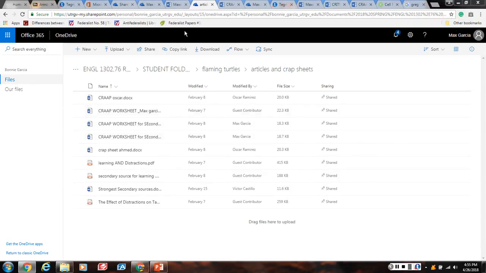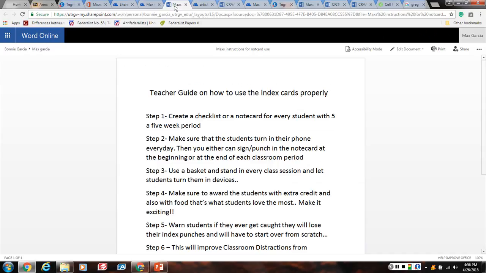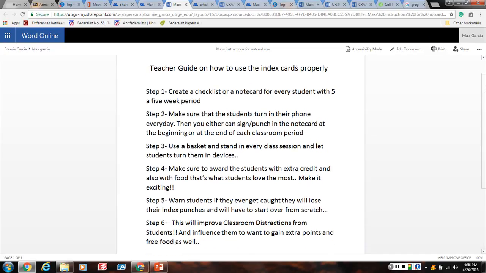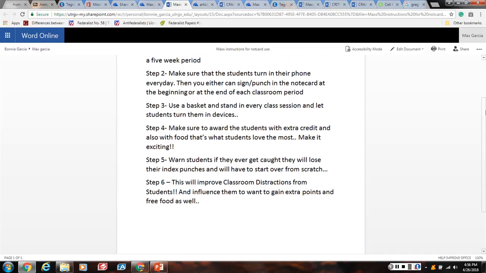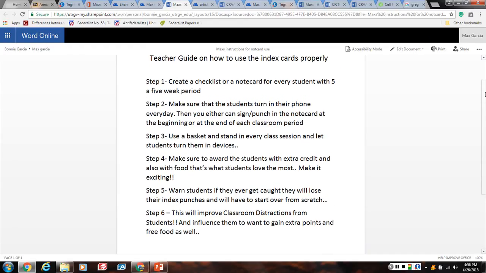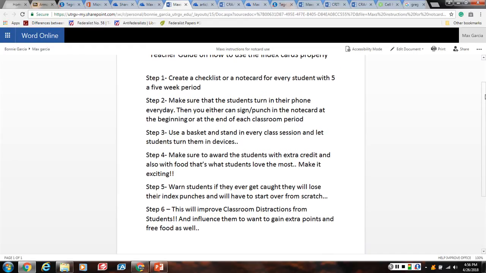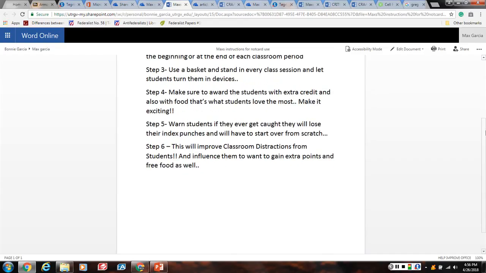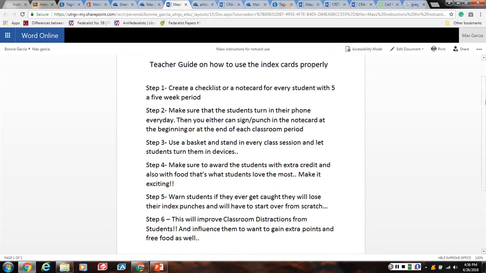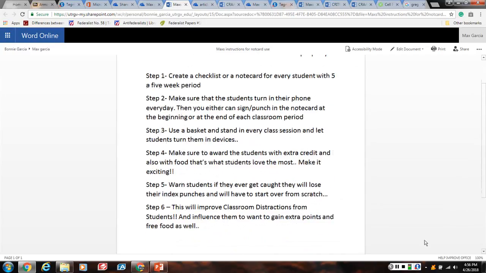And another thing that I also did with my group is with our primary research, I did a research project, my bad. And so what I did was an index card, which is something that I did for teachers. It's a checklist for note cards for the students, and it has instructions on how to use it. I have the physical index cards as well, but I don't have that with me right now.